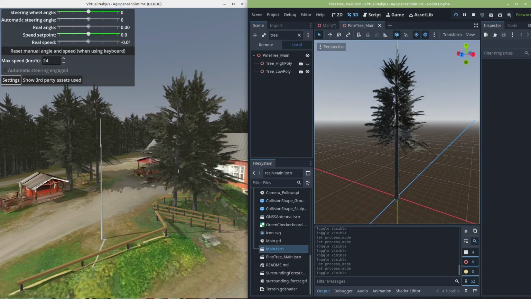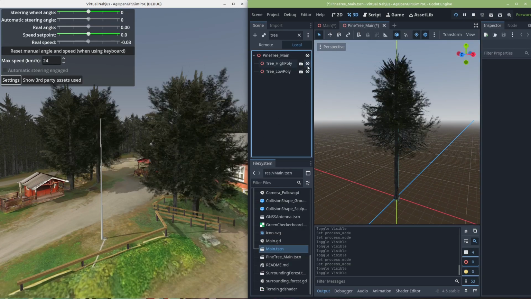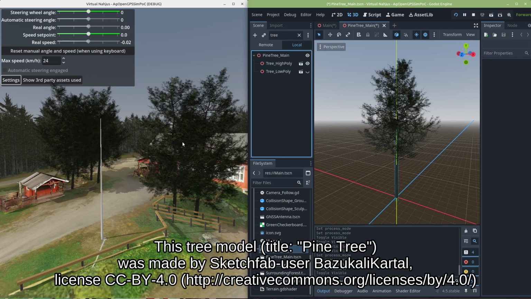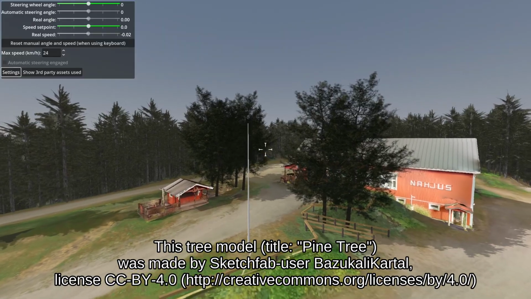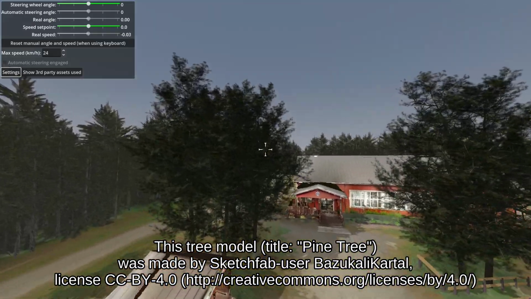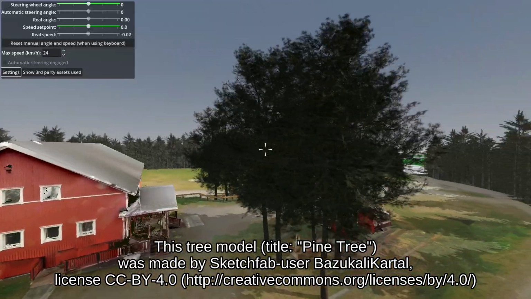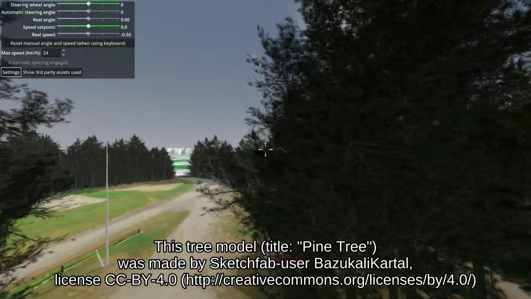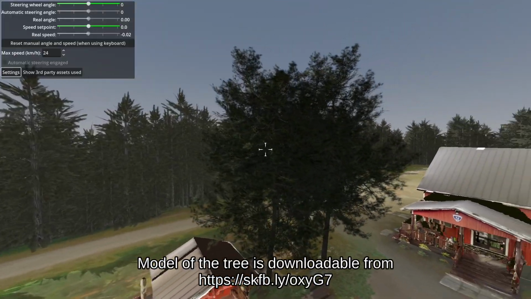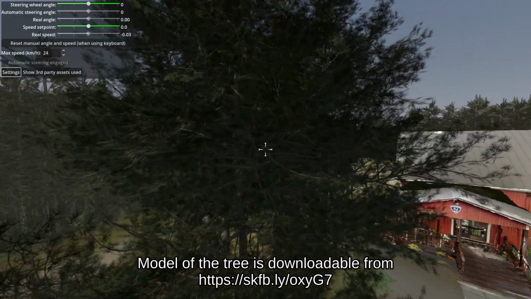In that gathering for cabless vehicles, these trees were actually these high poly versions, but for this version I changed them to low poly versions because these are quite heavy to draw.